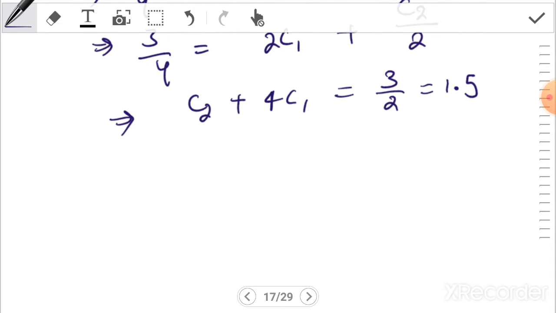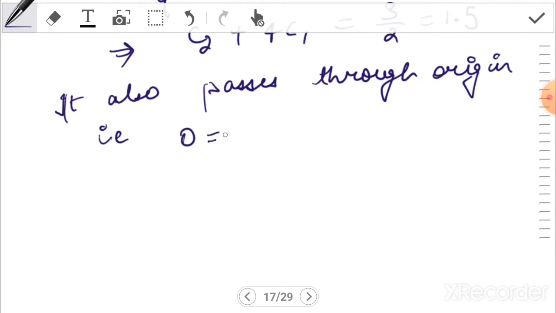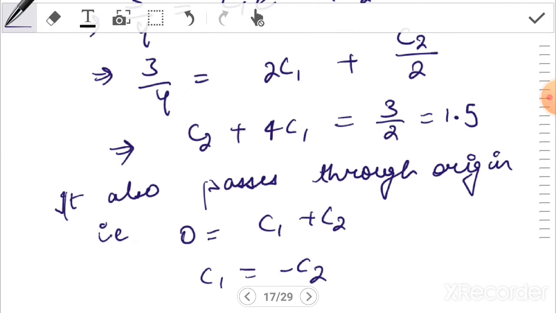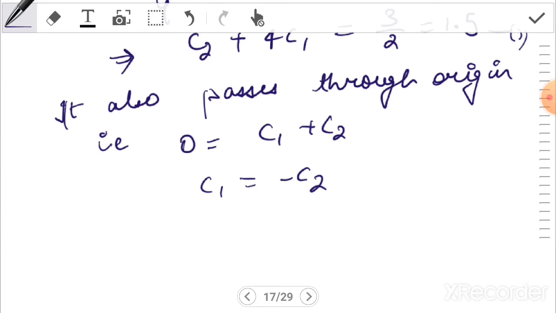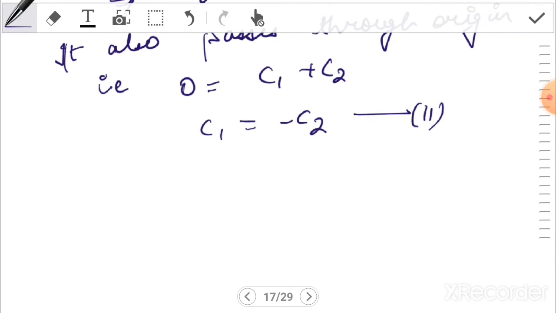That is 0 is equal to c1 plus c2. So c1 is equal to minus c2. Now we have two equations, 1 and 2. Solving, so putting c1 is equal to minus c2 in equation 1,